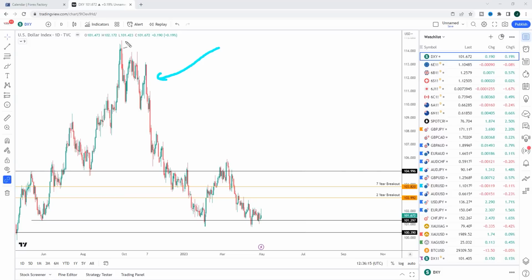That catalyst, which caused the sell-off in the dollar, or this correction, is now reversing or has been kicked into the long grass. So again, that reversal of this catalyst is the catalyst for a potential bottom. And at the same time, over in this area, if you remember, this was where we went from very, very strong overheating in the economy to disinflation, and that pushed the dollar back into this area. And that was where we saw the sell-off.